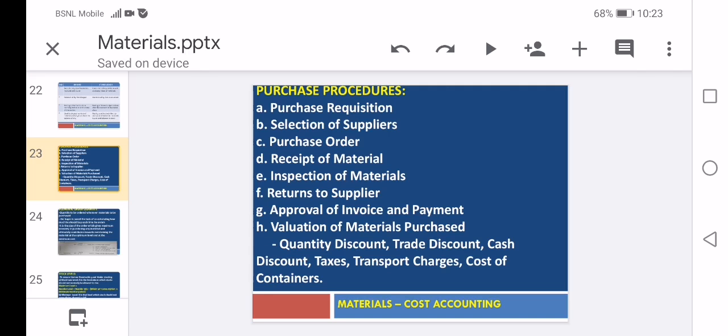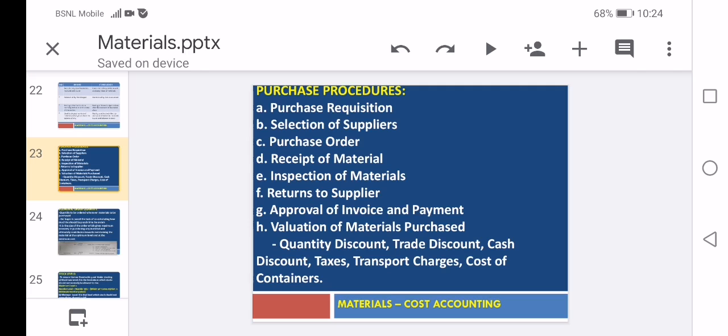Selection of suppliers. So who are the suppliers ready to supply the material that is required to the organization? That is verified through various sources, and out of all the suppliers, couple of suppliers or single supplier is selected to supply the material that is required. Selection of suppliers depends on timely supply, quality, price, etc. After going through all these, purchase department used to decide to whom we have to send our purchase requirements.